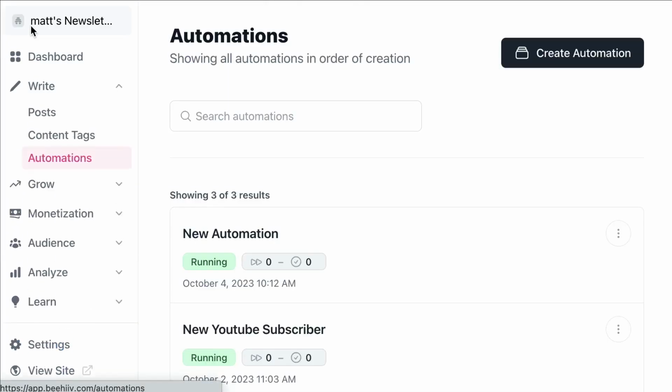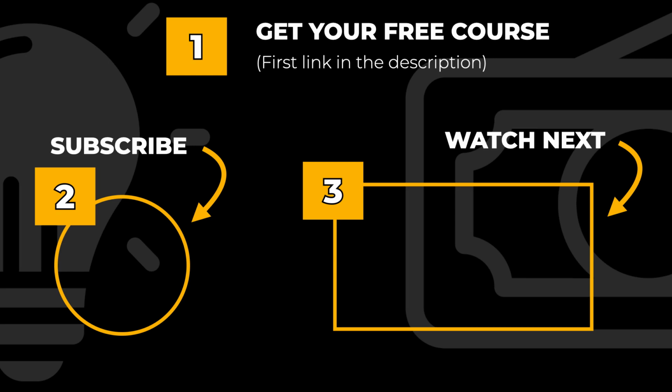Once this is done, exit the workflow, and as you can see, it's running, which means that every time someone joins your list, it will automatically send them specific emails that will always tie back to an offer to make you money on autopilot. So now you know exactly how to make money